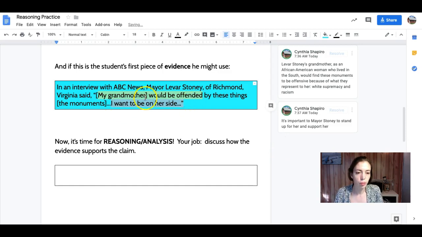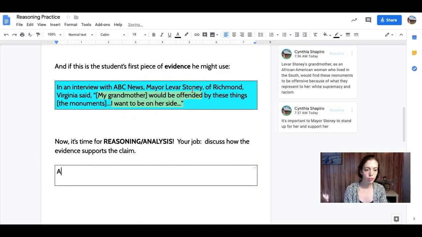So we could also talk about the fact that we could infer based on this that he was close with his grandmother, that he would care what his relatives think about what they're doing today and that kind of thing. I mean, he was talking about her and she's no longer around, right? But that he wants to be on her side. So those are all the sorts of things that I could put into this box, right?